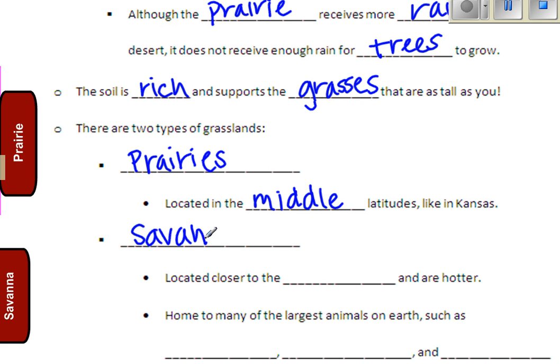Okay, and the savannas. When we talk about savanna as a grassland, it's not going to have an H on the end, like Savannah, like a girl's name, or Savannah, like Savannah, Georgia city. So savanna is the grassland. It doesn't have an H on the end. Now, this is located closer to the equator, and they're much hotter than the prairies. Okay, so the savanna grasslands are located closer to the equator, and that means that they're going to be a